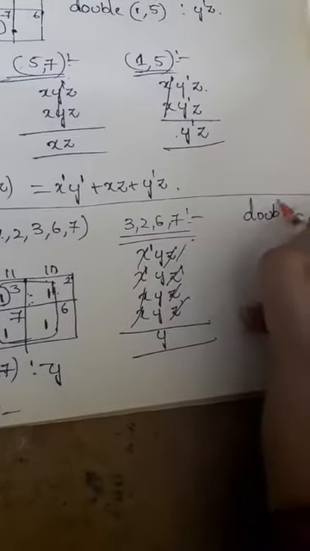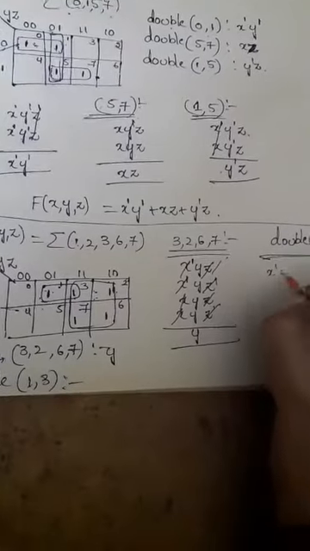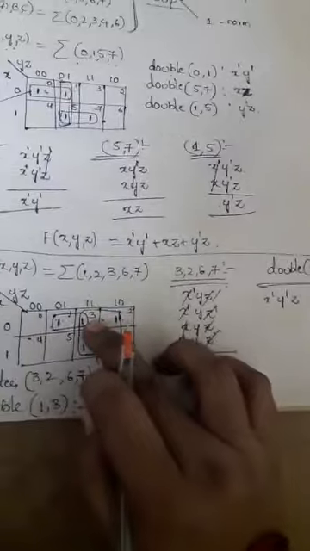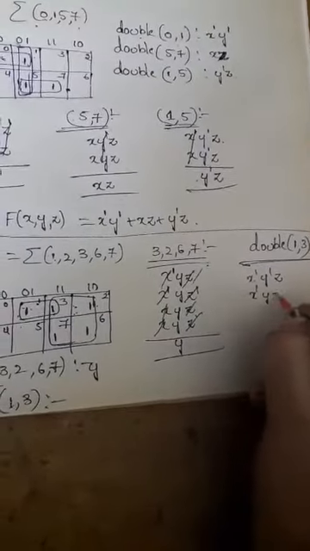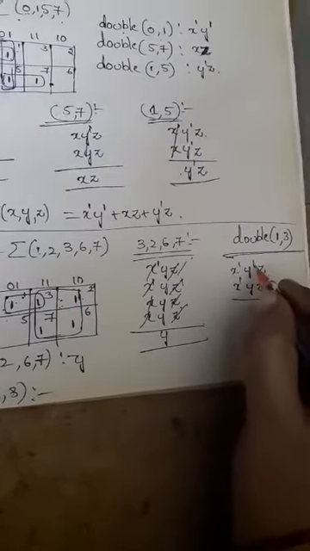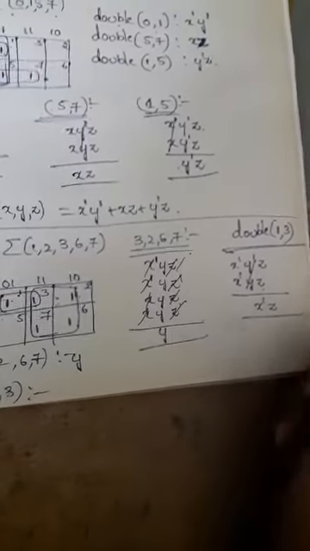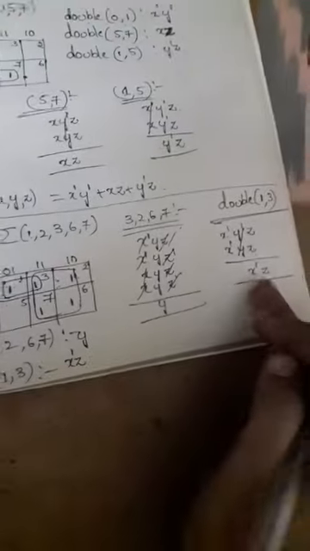So now finding the double. For the double, that is 1 and 3. What is the one possibility here? That is 0, 0, 1, so x complement, y complement, z. And the next one is 3, which is 0, 1, 1, meaning x complement, y, z. Here the changing variable is y complement and y, and the remaining is x complement z. So the prime implicant result for this double is x complement z.